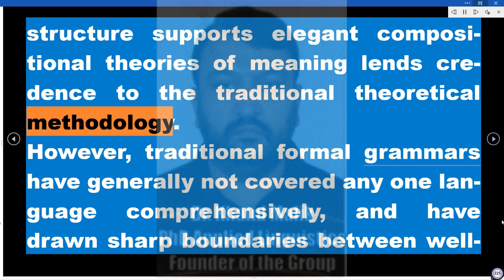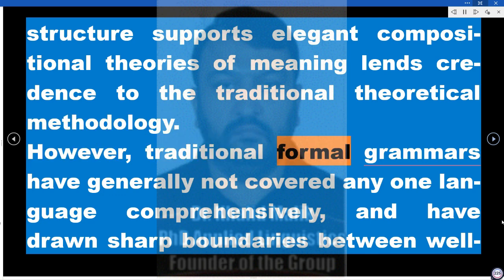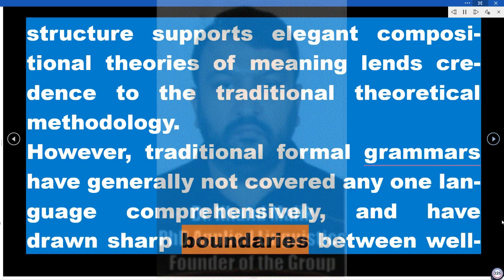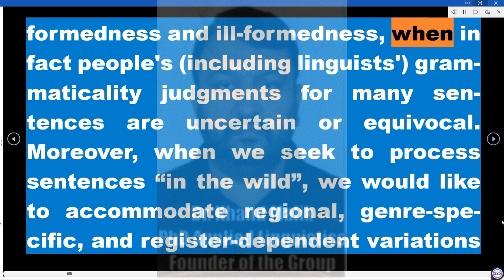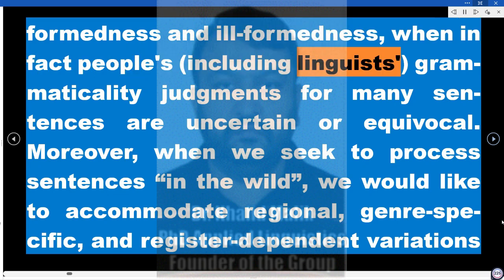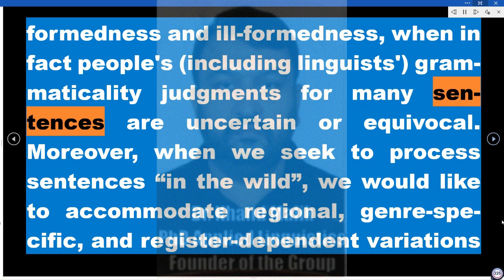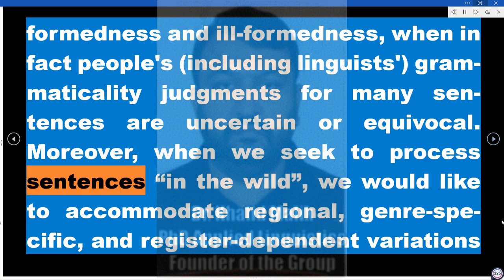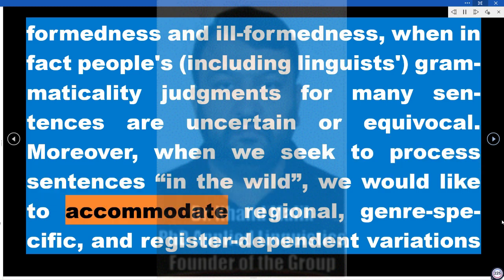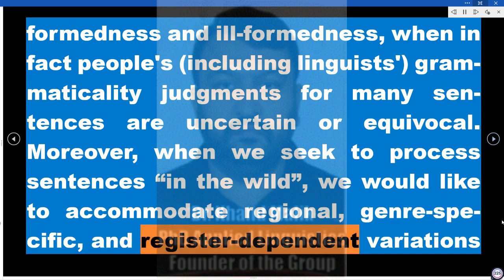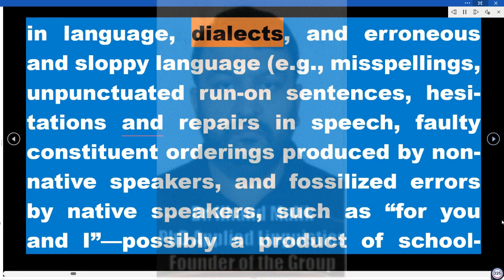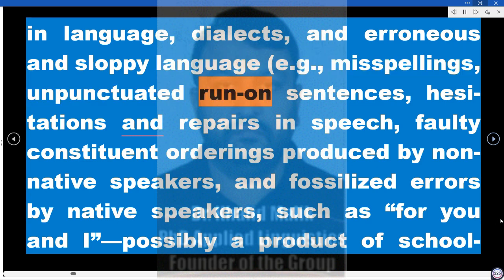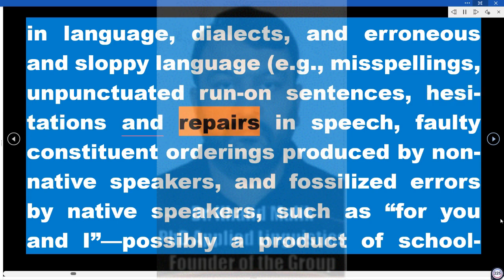However, traditional formal grammars have generally not covered any one language comprehensively, and have drawn sharp boundaries between well-formedness and ill-formedness, when in fact people's, including linguists', grammaticality judgments for many sentences are uncertain or equivocal. Moreover, when we seek to process sentences in the wild, we would like to accommodate regional, genre-specific, and register-dependent variations in language, dialects, and erroneous and sloppy language, for example, misspellings, unpunctuated run-on sentences, hesitations and repairs in speech,